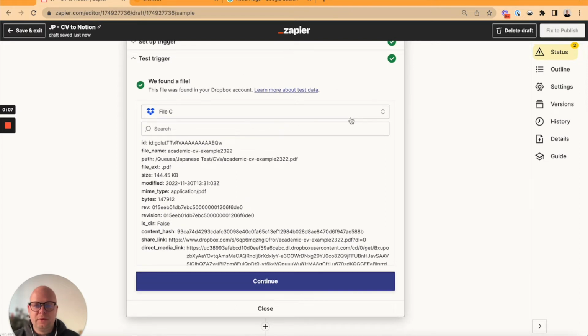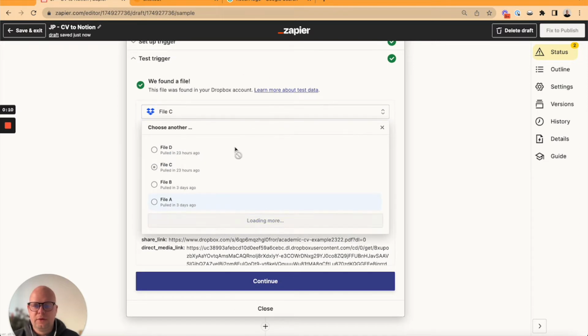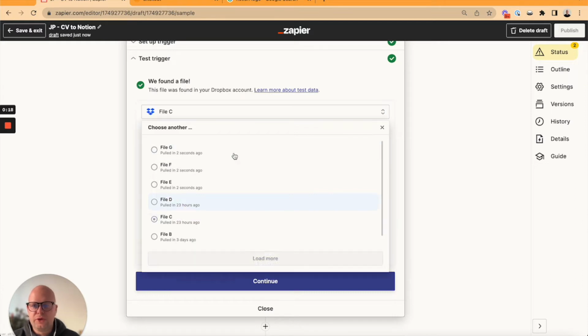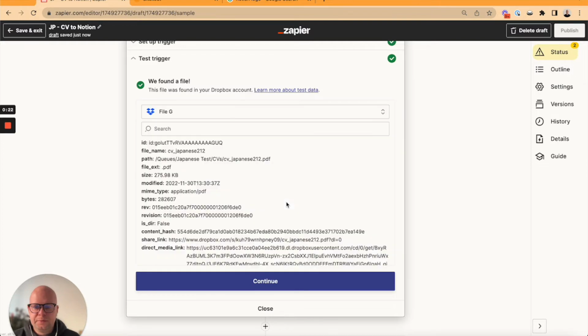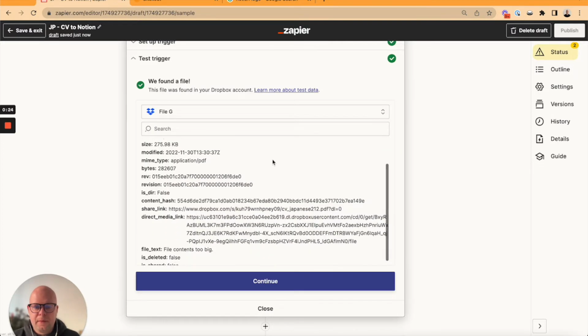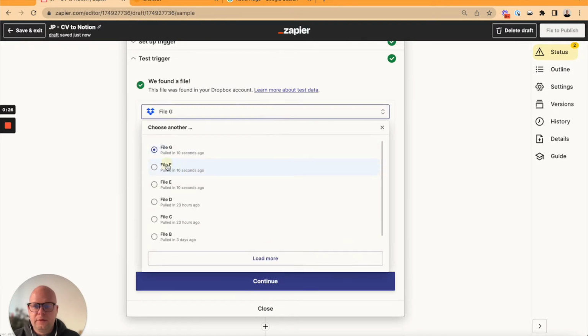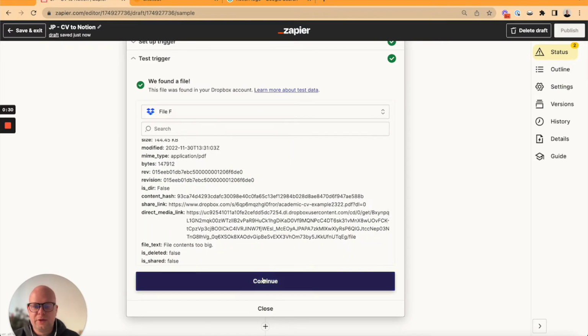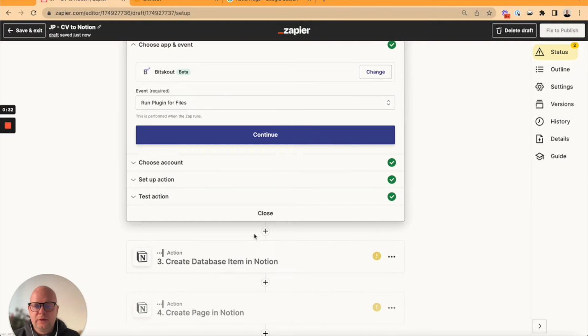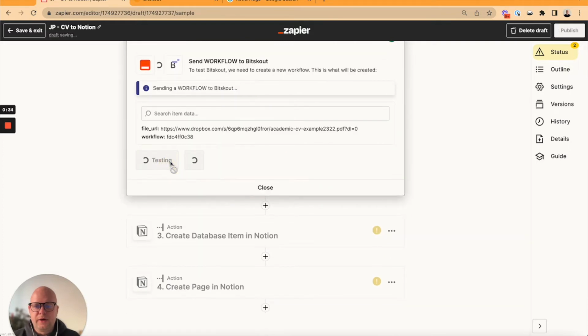Let me load a couple more examples. And let's choose a file and run it directly to see. Okay, so let's take this file. All right, this is actually a CV in Japanese language. I wanted, yes, so this is in English. All right, and we need to retest our action